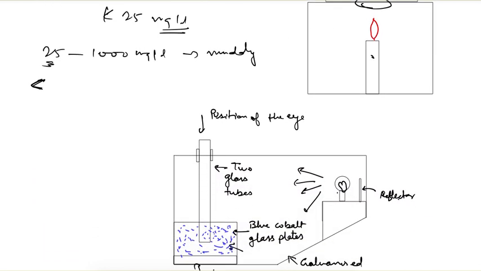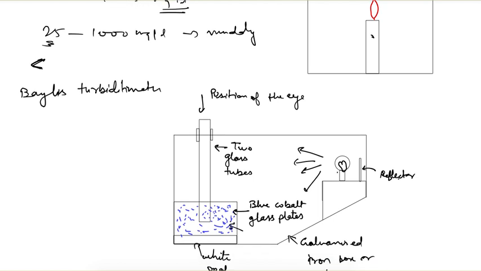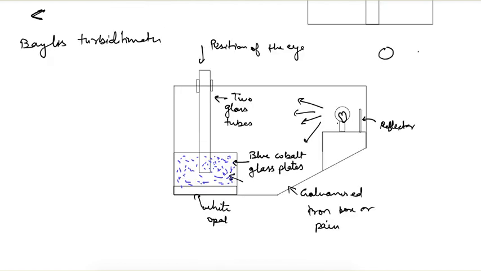So we have the next instrument, that is Bailey's turbidity meter. How do we measure the turbidity here? Here we compare two samples. One will be of known turbidity or known standard units, the silica units we have seen. One sample we will make with different values of these concentrations, and the other will be our actual sample for which we want to know the turbidity.